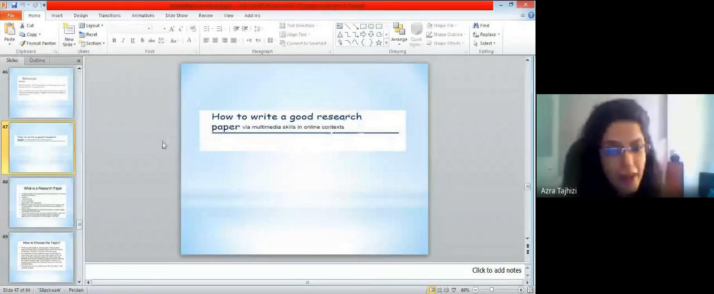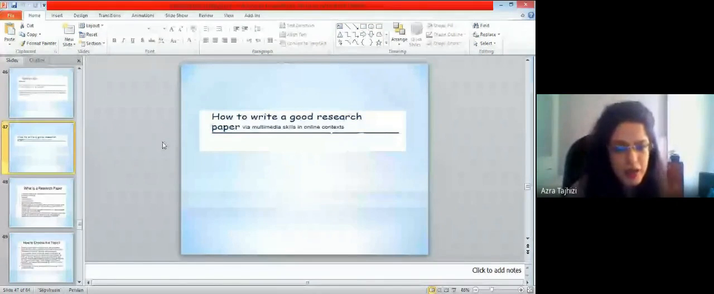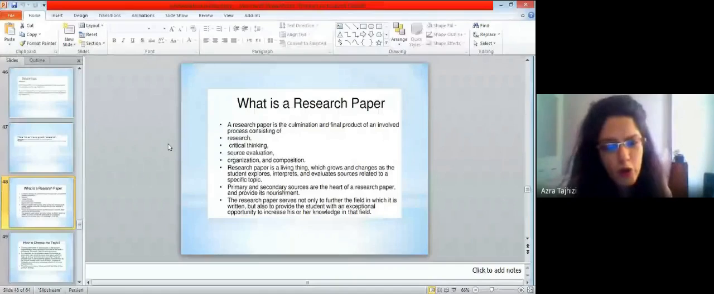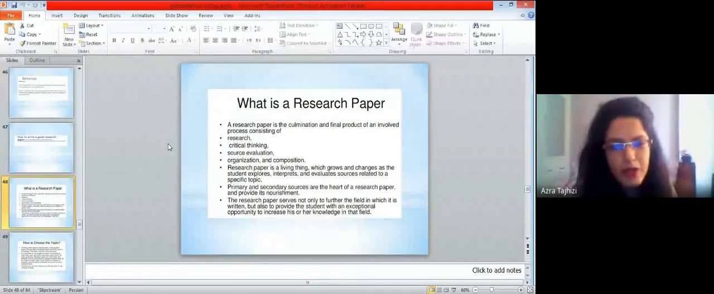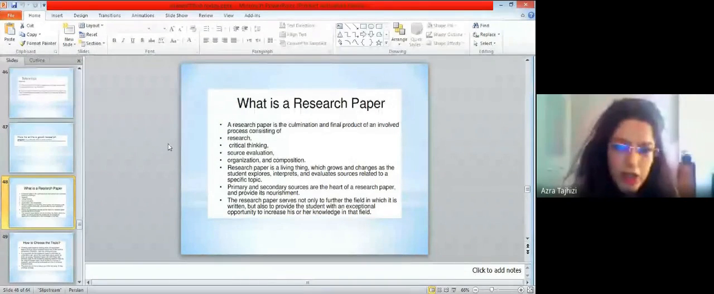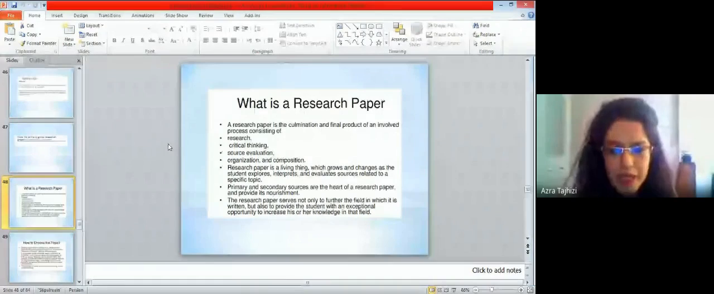And how to write a good research paper in an online context. What is a research paper? Please write your ideas. I want to know what a research paper is. I know all of you know what a research paper is, but you may have different definitions. A research paper is the culmination and final product of an involved process consisting of research, critical thinking, source evaluation,